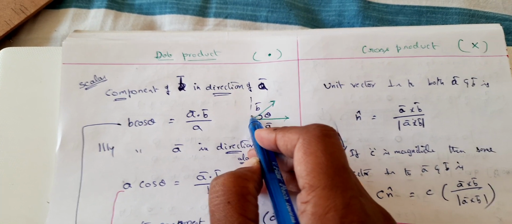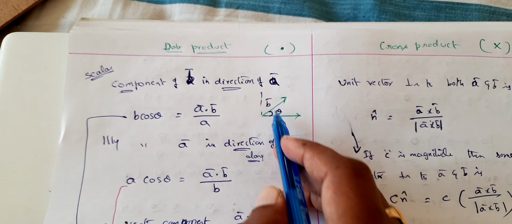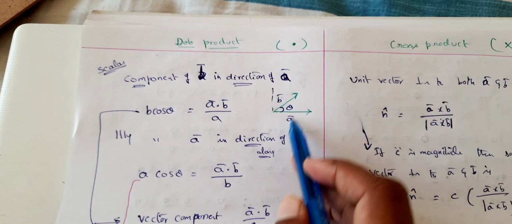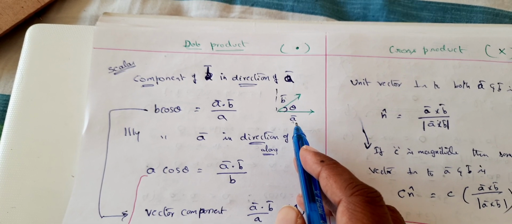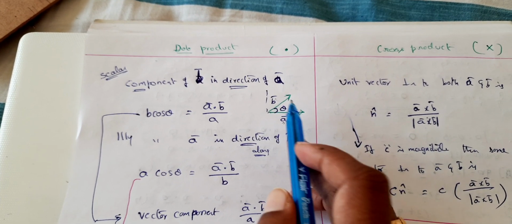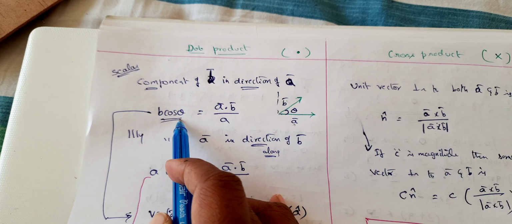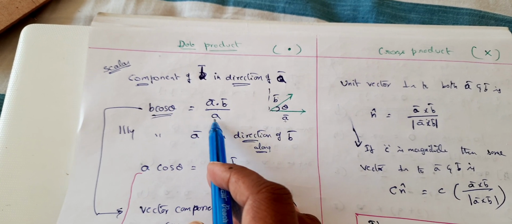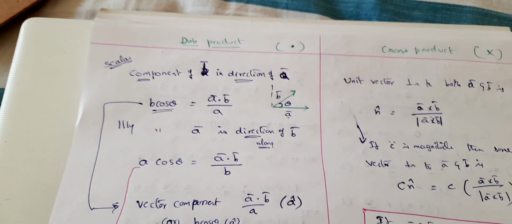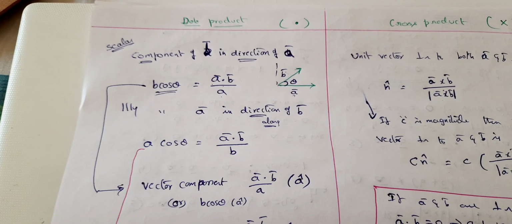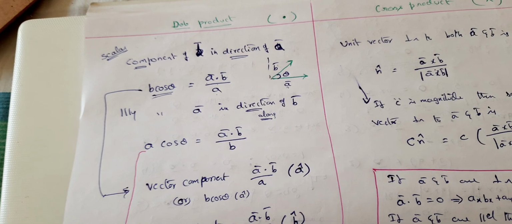See, this is the vertical component and this is the horizontal component of b bar, isn't it? So what is the component of b bar along a bar? It is b cos theta, right? Absolutely. This is what we have already in our pockets. So just tap on your pocket, you can see a tool, right? That is b cos theta. That b cos theta can be determined from a bar dot b bar by a. Why? Because a bar dot b bar is equal to a b cos theta. This is one way where you can use the dot product and then find out the component also. Beautiful, right? So this is one tool.